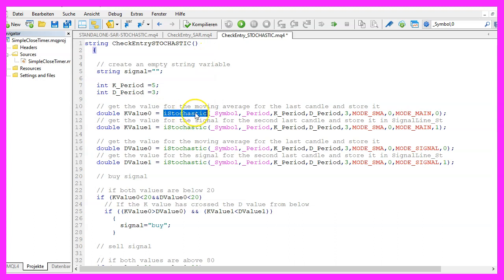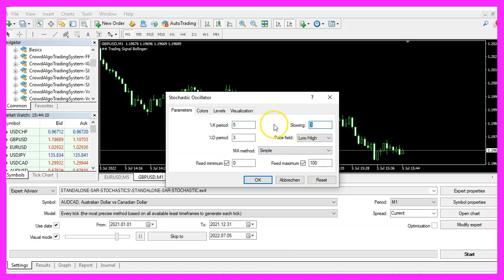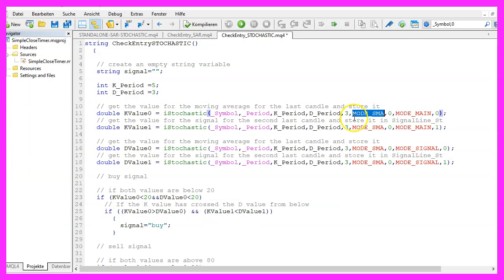So now we use the included iStochastic function for the current symbol on the chart and the currently selected period. For the K value, we use the K period. The D period, the value 3, that's for the slowing value. You can see this here in the standard parameters. We use mode SMA, that stands for mode simple moving average.